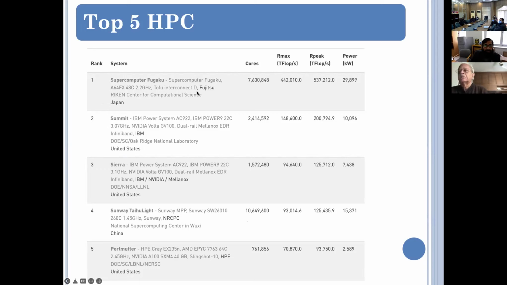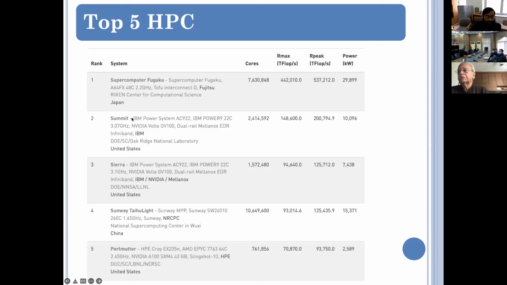It is developed by Fujitsu. It has processor A64FX, that is 48 core. And for the interconnection, it is using Tofu Interconnect D. Well, this is interconnection network, meaning how we can connect multiple computers. For example, in your daily life, we connect computers using Wi-Fi or Ethernet. So this is a specialized network topology used for high performance computing, because it helps to have multiple connections